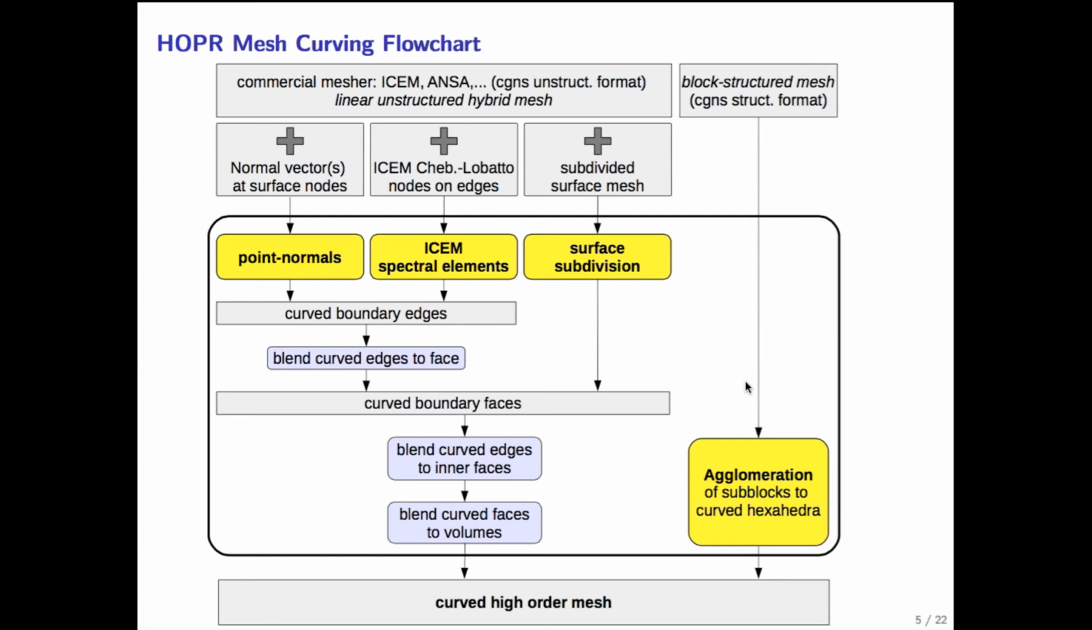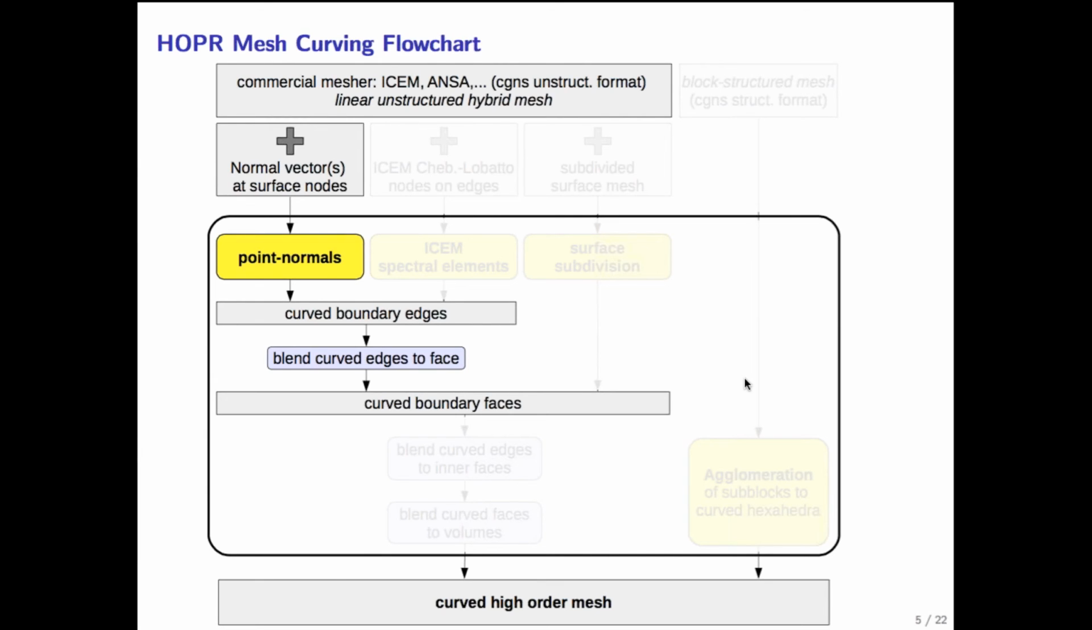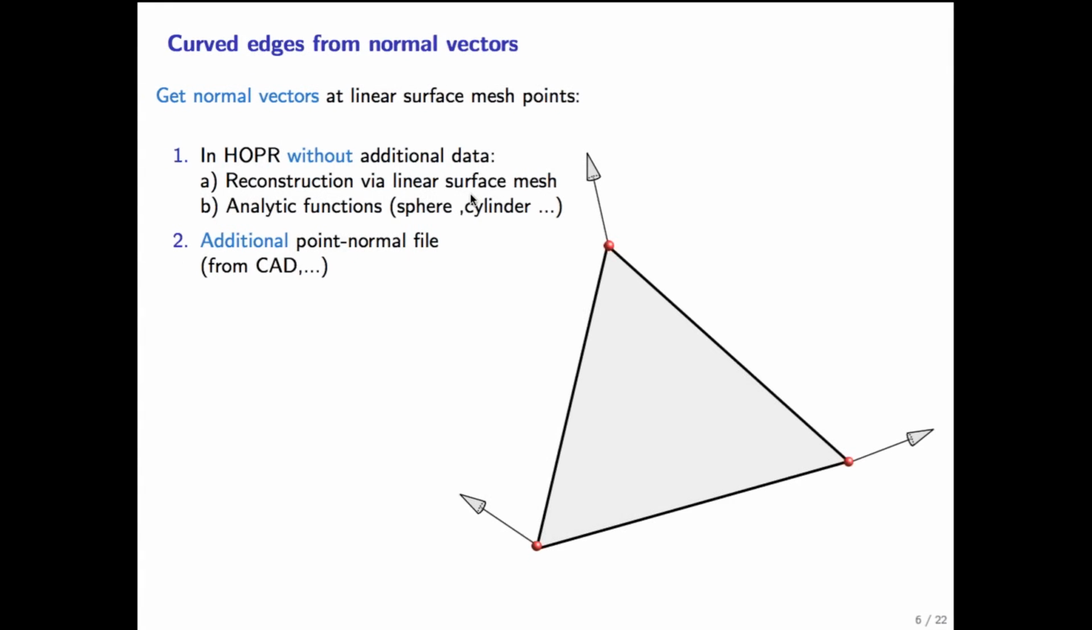And these are the different strategies we are doing for mesh curving. And I want to start with the first one, the point normal approach, where we start with a linear unstructured hybrid mesh and we use normal vectors at the surface nodes. And we get these normal vectors either without any additional data, so we reconstruct from the linear surface, or we have an